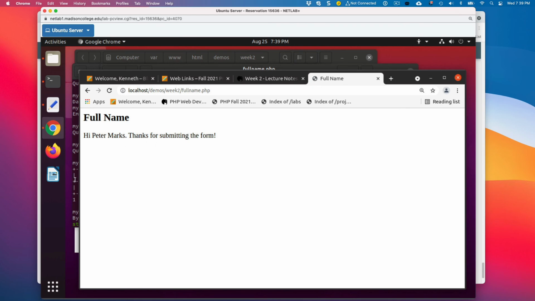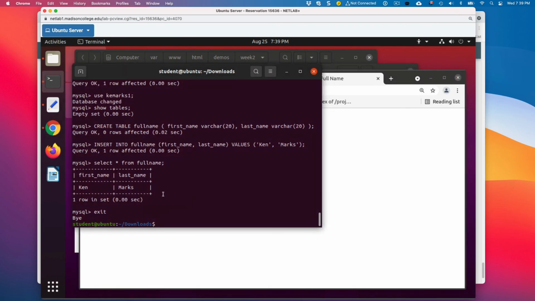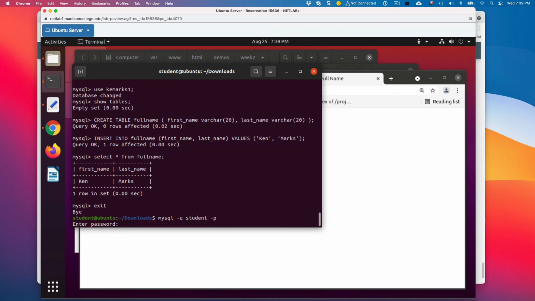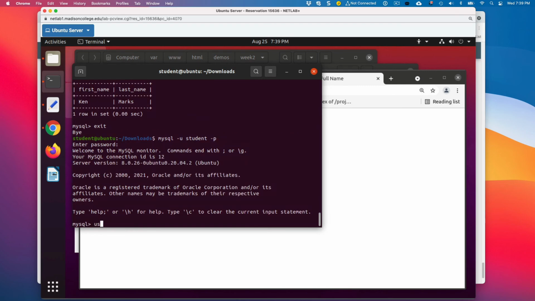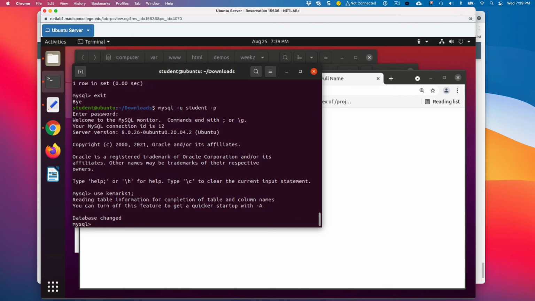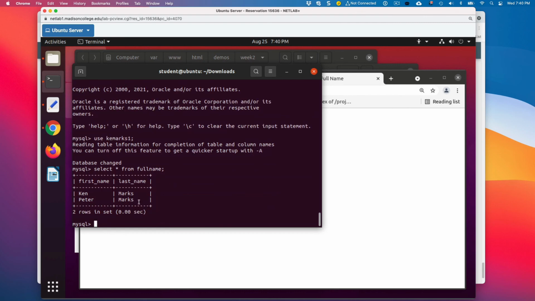So let's go back into our MySQL command line tool, and let's use KEMarks1, and then we'll say select star from full name, and there it is. It worked. So that should work for you as well.